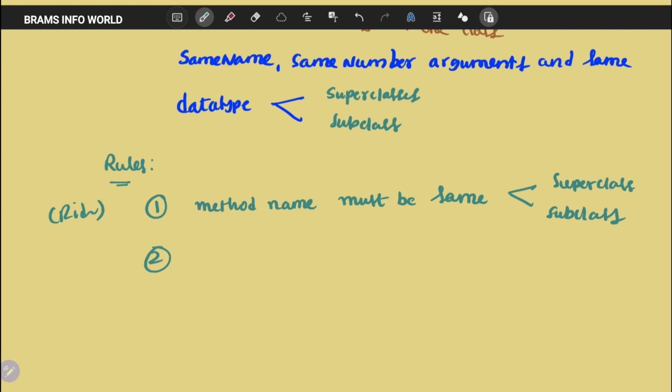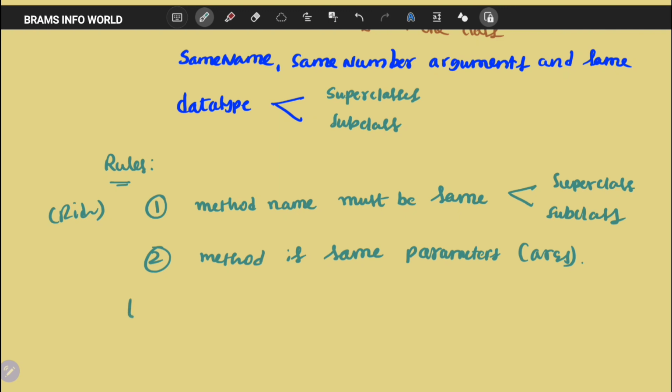And the second rule is the method must have the same parameters. We can also call them arguments. So every method contains the same parameters.